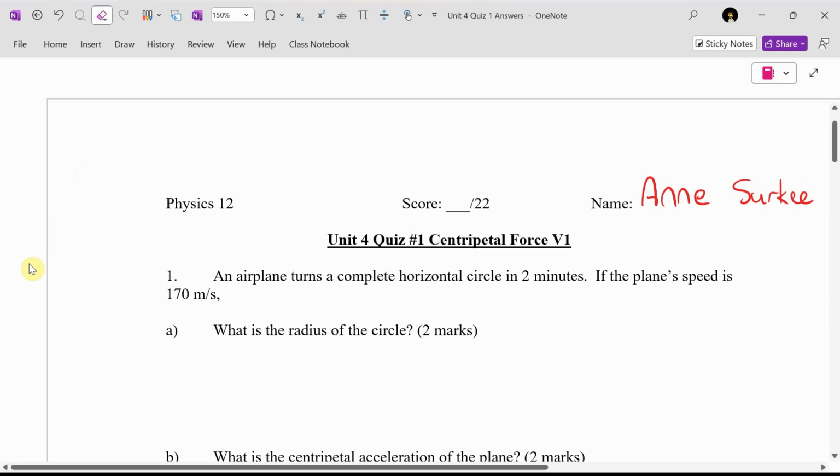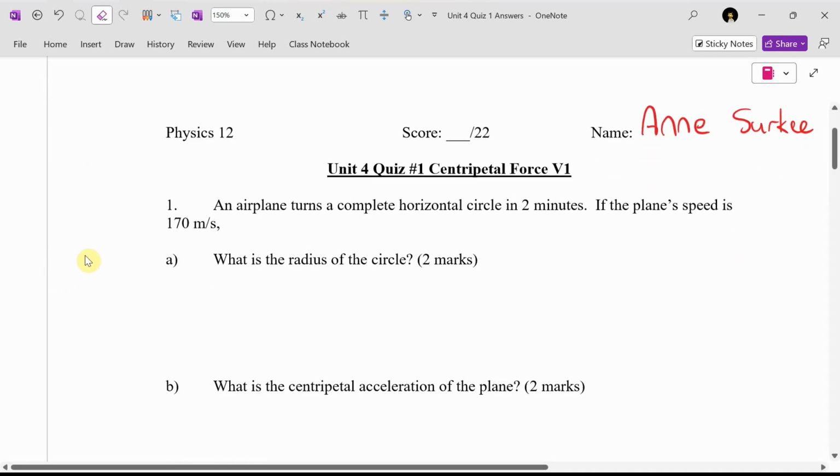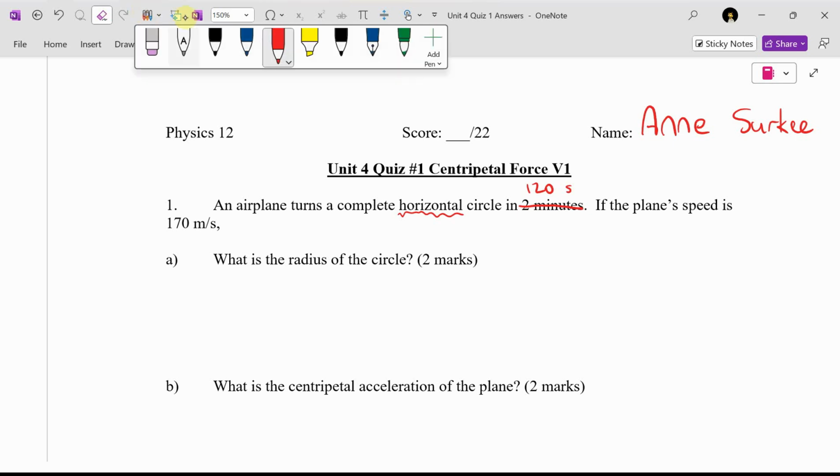An airplane turns a complete horizontal circle. Mentally, I underlined that. I was trying to visualize it in 2 minutes, and then right away I came to a stop. The first thing I said is, nice try, Dueck, 120 seconds. If the plane's speed is 170 meters per second, what's the radius of the circle? I said, you know what? They gave me